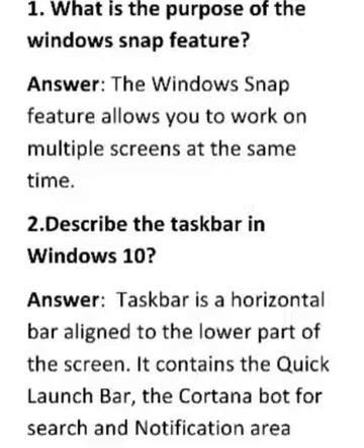It contains the quick launch bar, the Cortana bot for search and notification area, along with the task view button of the computer.